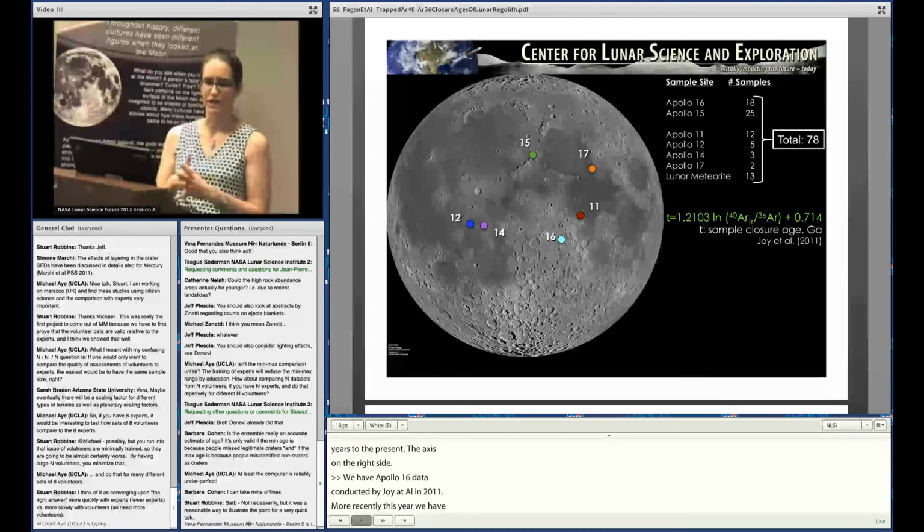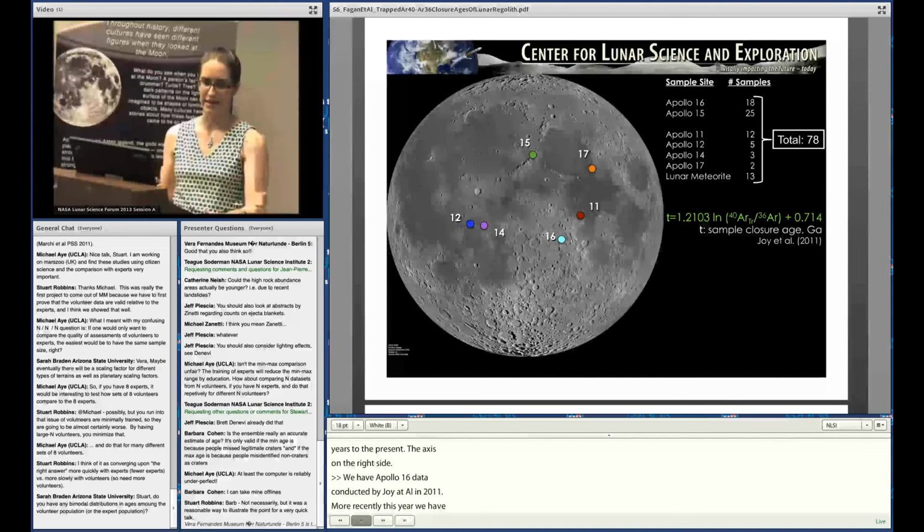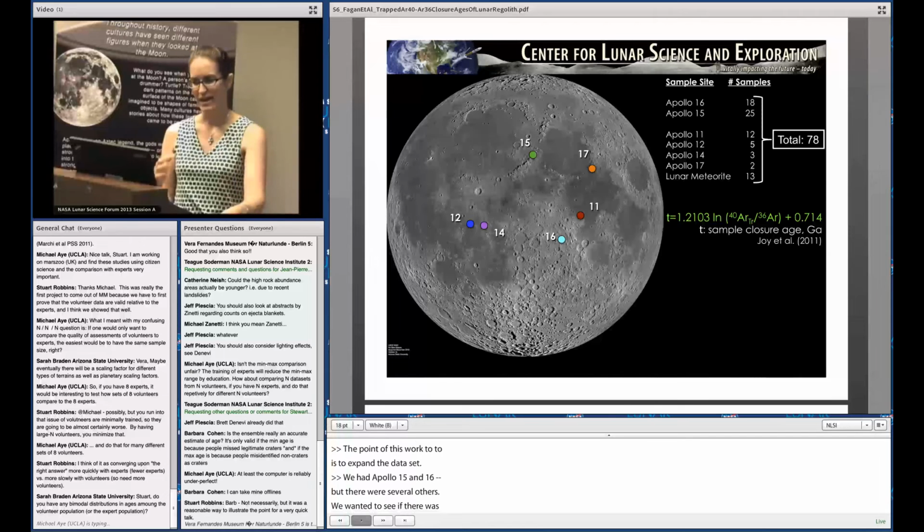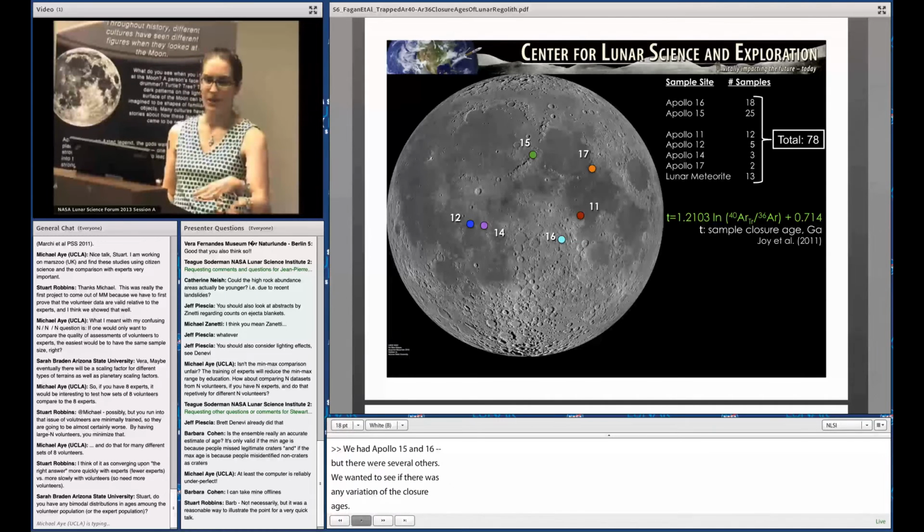So the point of this work is actually to expand this data set. We have Apollo 16, we have Apollo 15, but there were several other Apollo missions, so we wanted to look at those and see if there was any sort of variation of the closure ages between these missions. So we have about 78 regolith breccias that we examined, and this is by extracting argon-40 and argon-36 data from